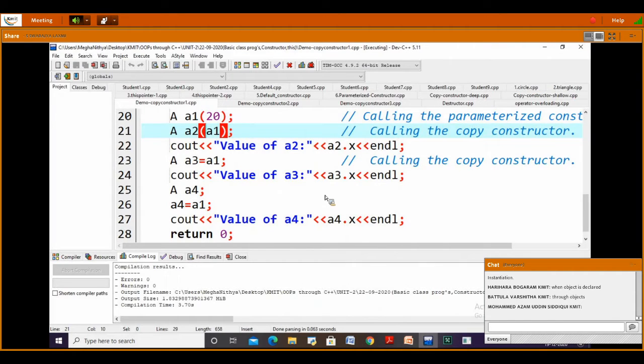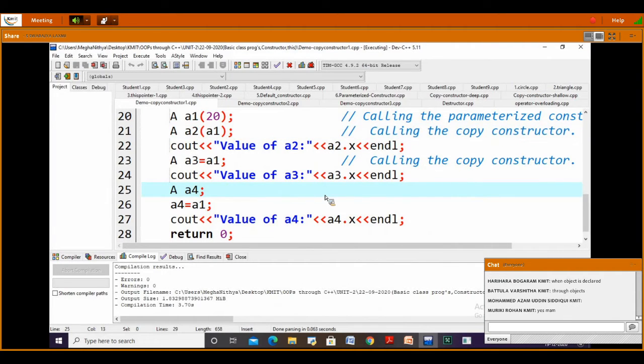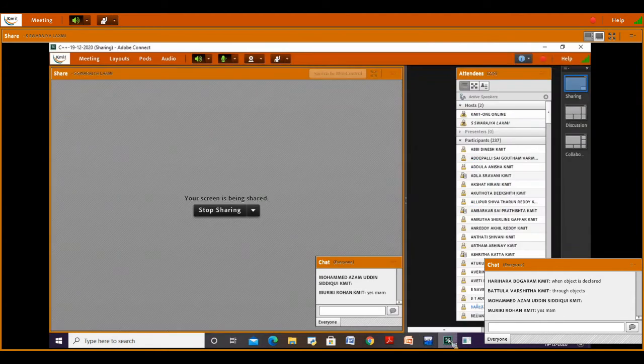Are you following? So I'm initializing A3 is equal to A1, A4 is equal to A1, and here it is calling the copy constructor. Yes. Have you followed this? Have you followed, everyone?